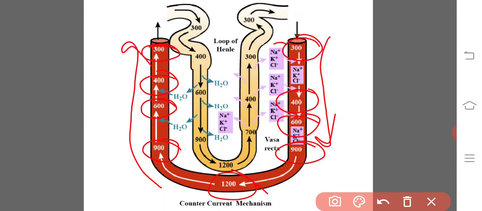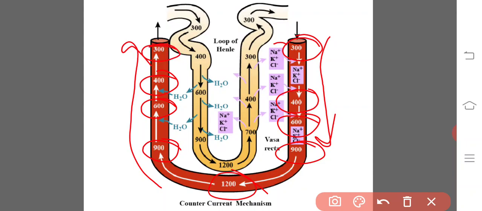This is the adaptation of the terrestrial mammals. They retain the amount of water they require, and the excess salt and nitrogen bases are excreted out through the urine. Okay, that is the